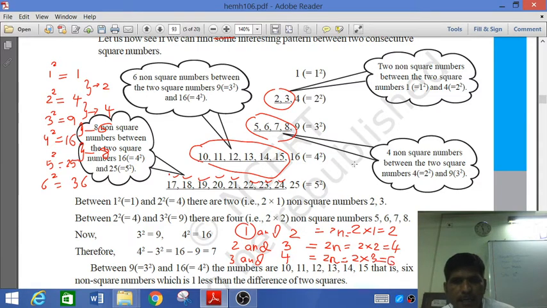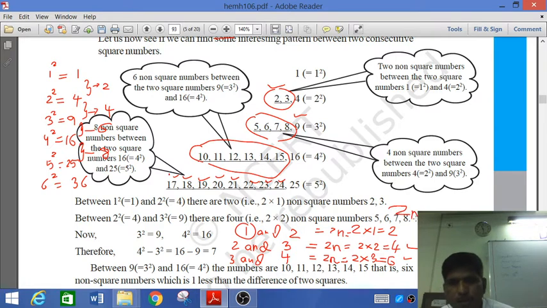Now you can check that here 2 numbers are there. Again here 1, 2, 3, 4 numbers are there, so here it is again 4. Now how many numbers here? 1, 2, 3, 4, 5, 6. Again 6. So now we can understand it's a basic formula you have to remember: 2n.